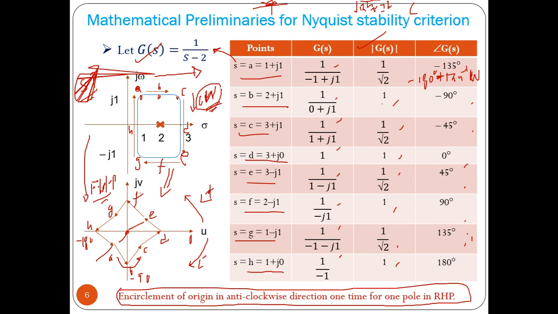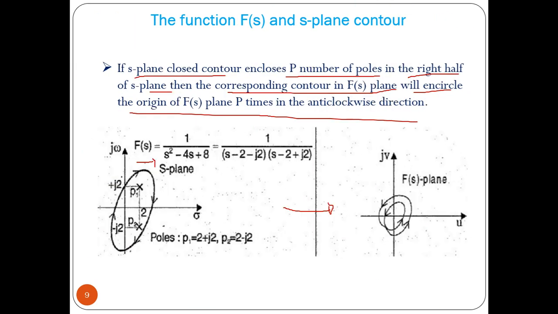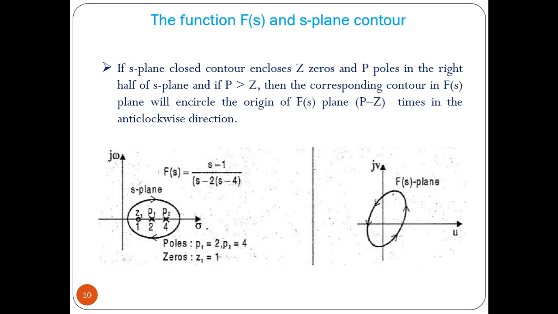In the S plane, on the right hand side, if we have a pole that is enclosed, and we convert it into the F(s) plane, the origin of the F(s) plane is encircled one time in the anti-clockwise direction. So here it is anti-clockwise. We have two poles, that's why two encirclements of the origin. This is the point. Now if we have say pole and zero both,